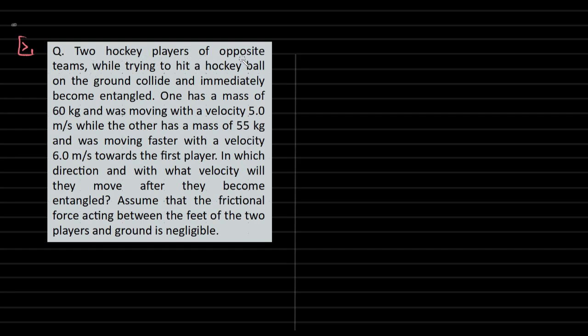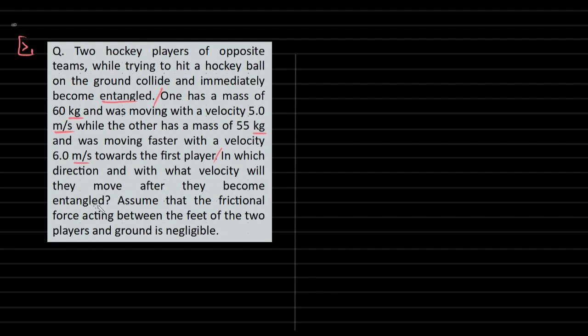Two hockey players of opposite teams, while trying to hit a hockey ball on the ground, collide and immediately become entangled. Entangled means they become one unit. One has a mass of 60 kg and was moving with a velocity of 5 meter per second, while the other has a mass of 55 kg and was moving faster with a velocity of 6 meter per second towards the first player. In which direction and with what velocity will they move after